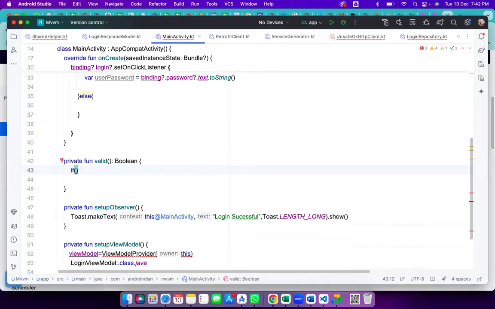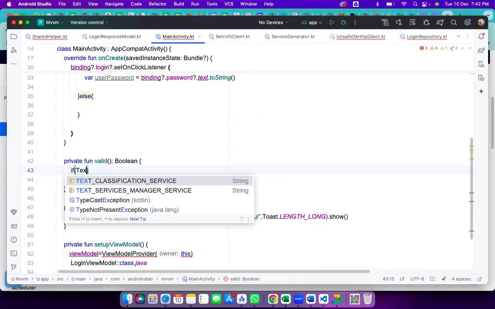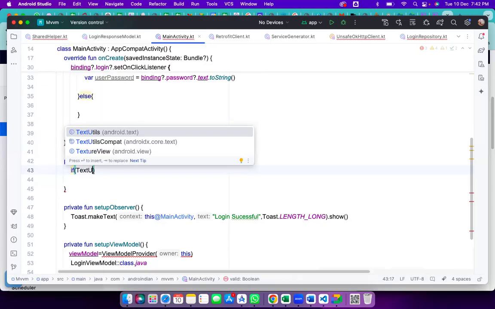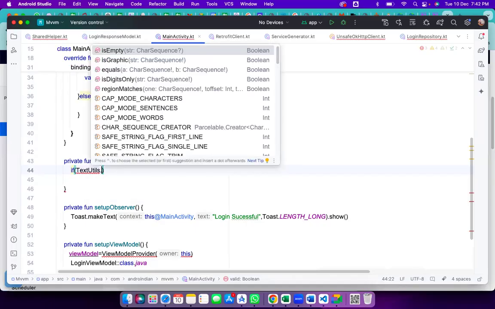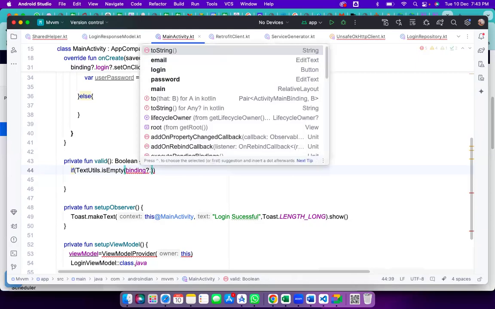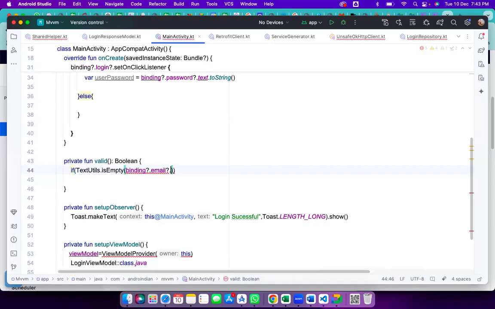So that is the TextUtils. TextUtils dot isEmpty, that is binding dot email dot text. So I'm taking the text dot toString. So that will be equal to isEmpty. Then here now we have to write